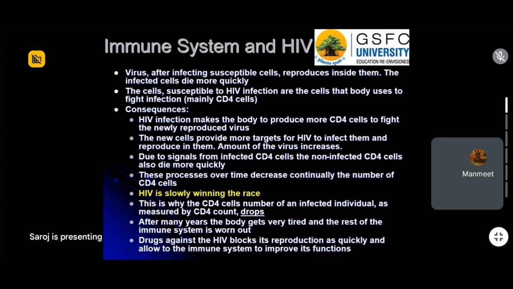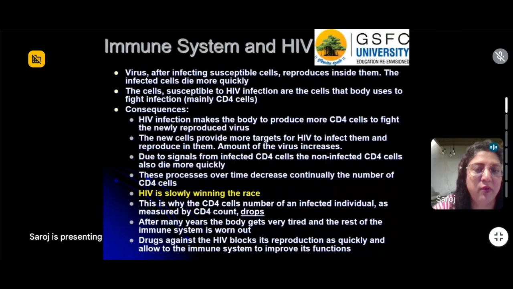Okay, ma'am. So what is it doing? It has avoided the humoral system altogether. What it is doing is infecting the T cells. The infection within the T cells is initially not going to do anything to your immune system, because your immune system is able to fight off that infection.